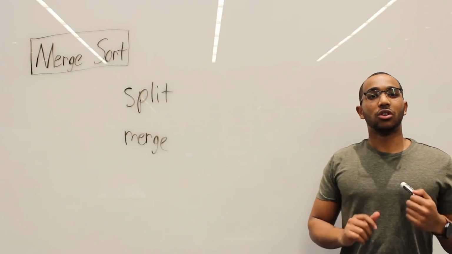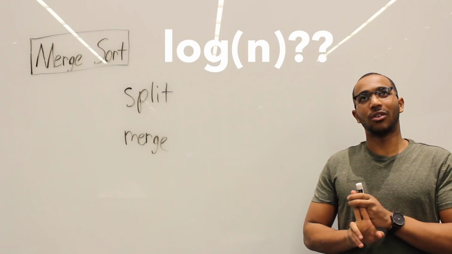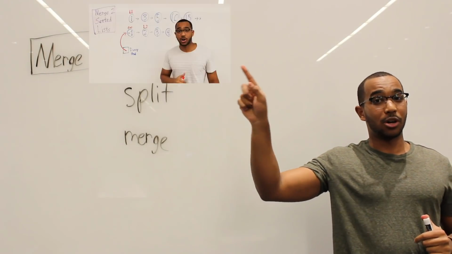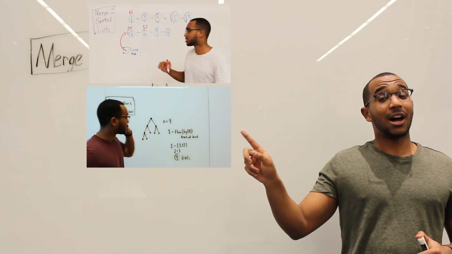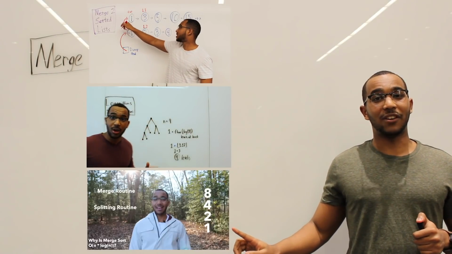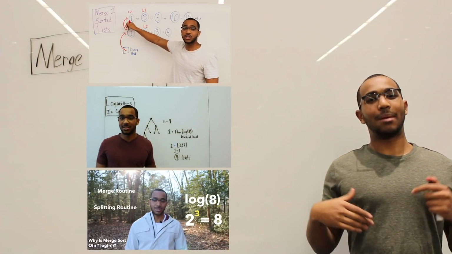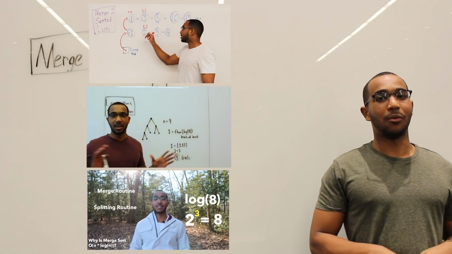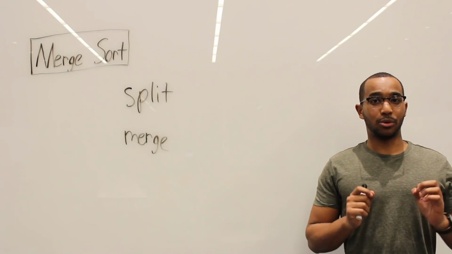So what I want to look at first is the code for the split subroutine and what logarithmic time actually means. First off, I want to say I have a video about merging two sorted lists. I have a video about logarithmic time complexities and really understanding what they mean. Like I've said, I already covered this a while back, so I'm doing this again just so new viewers can see the actual content that I had before, explained better, I think. So we're going to look at the split subroutine first.